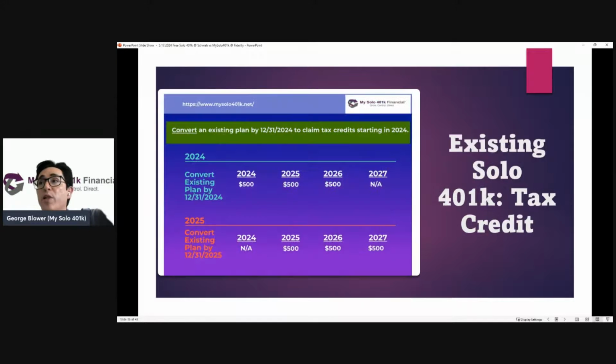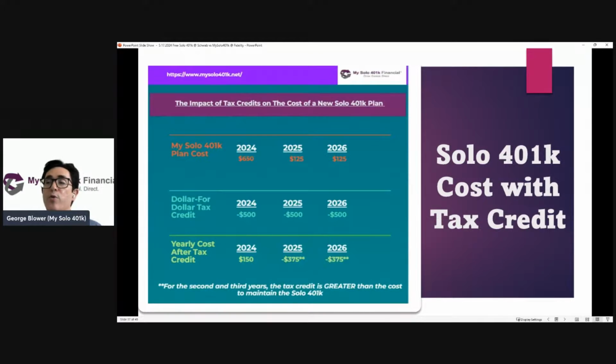That could be for a new plan or an existing plan, right? If you're upgrading, say, the basic plan at Fidelity to our plan to be able to take advantage of the mega backdoor Roth, to use a simple example. So this credit is not a function of the cost. So even though the credit is more than our costs, the individual would still be able to claim the full